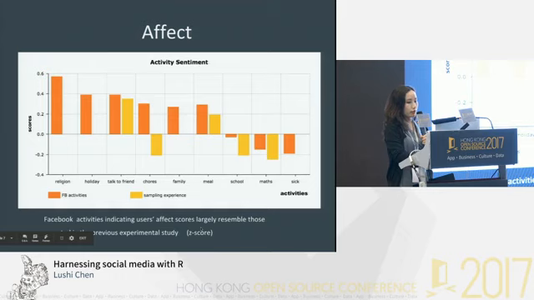If you know what a Z-score is, that's a score that shows the standard deviation against the mean. So now we can see that people are quite happy when they're mentioning religion or holiday, when they talk to friends, they mention chores, family, meals, and they're still not happy when they're talking about school, maths, and